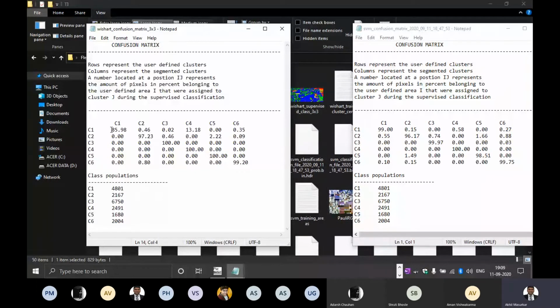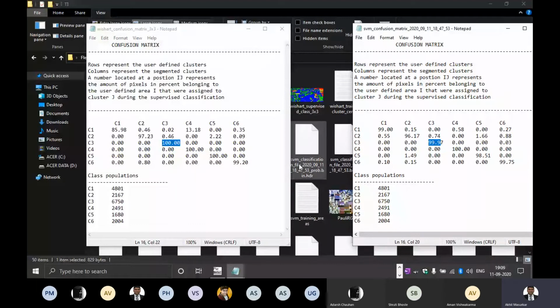But here, class 1 is getting a classification accuracy of 85.98, whereas SVM is giving us 99%. Then you can see C3 is getting classified 100%. Here it is 99.97, which means almost 100.